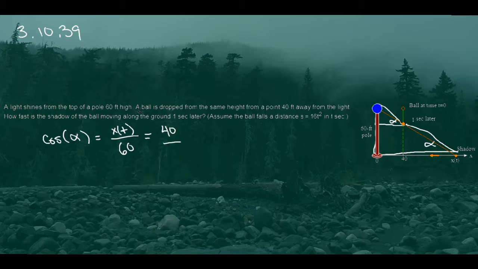Over hypotenuse, the hypotenuse is not going to be 60 anymore. It's just this little bit at the top, how far the ball has fallen. We know the ball falls at negative 16t squared. So I've used this cosine of alpha to develop this relationship between these two different triangles, and